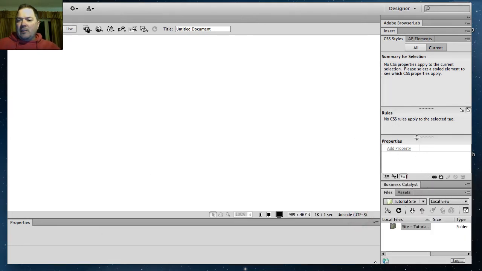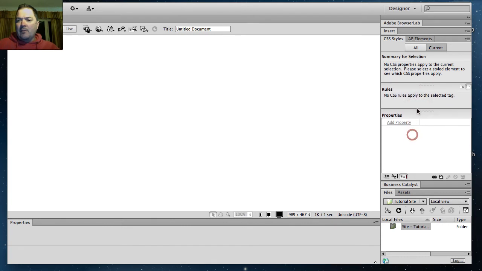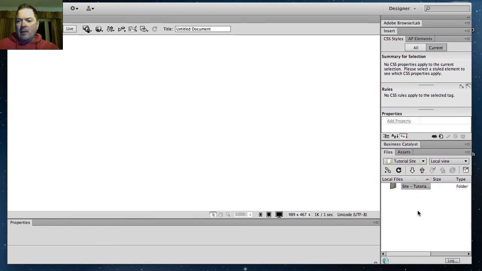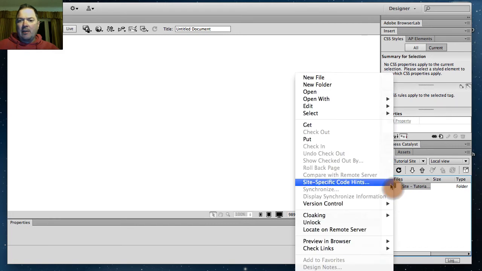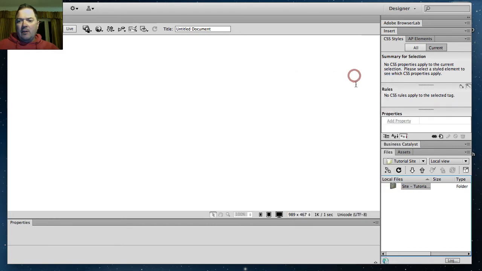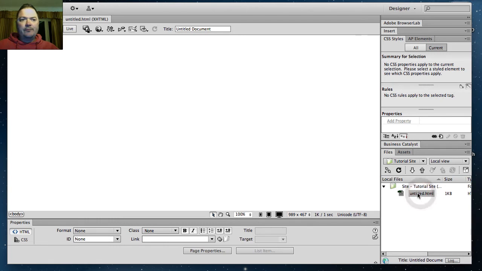Now what you'll see, if I shrink some of these windows here so I can see what's going on, you'll see here in my navigation panel down here, I've got my site, and when I start to add pages, they will come up in here, and that's what I'm going to do. I'm going to create a page by right clicking and just do a new file, and you'll see it's called Untitled. Because it's going to be my first page, I really should just delete that. I should really call that